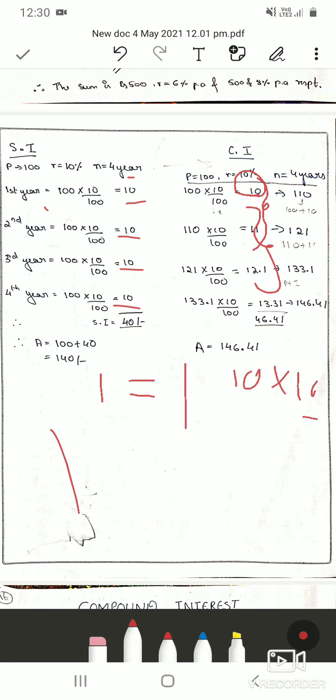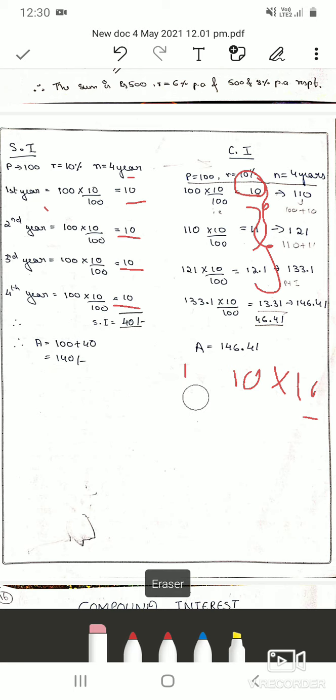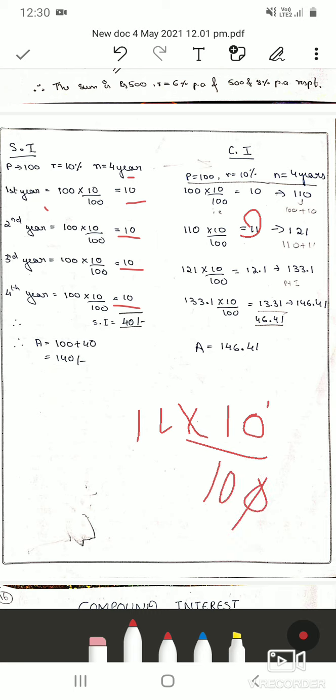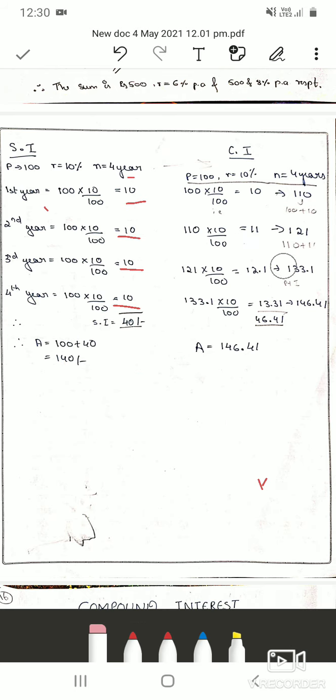So similarly you can try taking the difference between third and second year, and calculate simple interest for 1 year at the same rate for the previous year, that is for 11. You will get again the difference as 1.1 rupees. That is 11 into 10 by 100. So the zeros will get cancelled. So 11 by 10 is 1.1 and 12.1 minus 11 is again 1.1. So this is what your third feature says of compound interest.